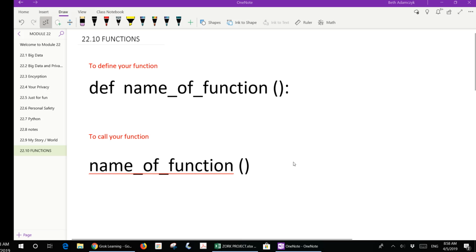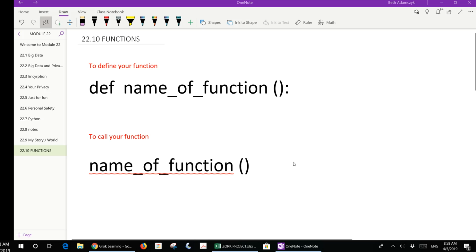Okay, we're going to talk about functions in Python. Now, you should all know what functions are. You use them a bunch of times. A function is just a piece of code that you create ahead of time. You define it and decide what it does, and then you can kind of put it to the side and use it in your project over and over and over again. You will definitely need to be using functions for your final project, so we're going to go over that a